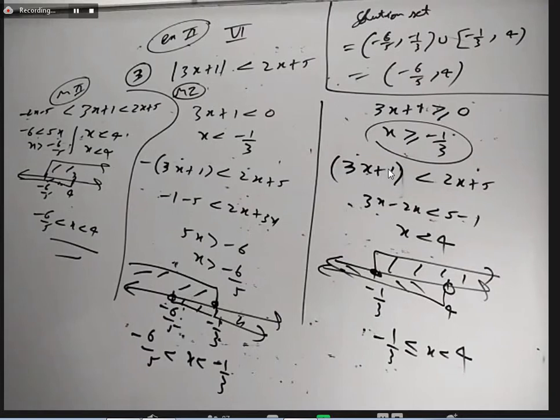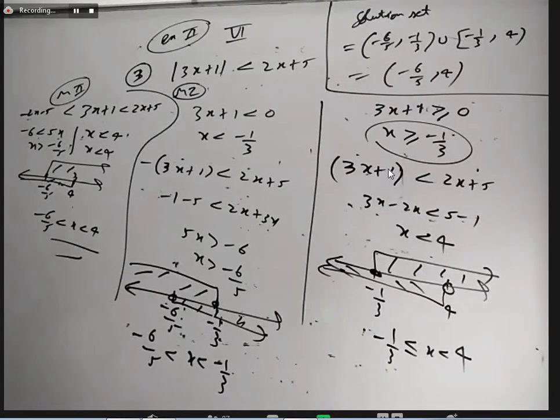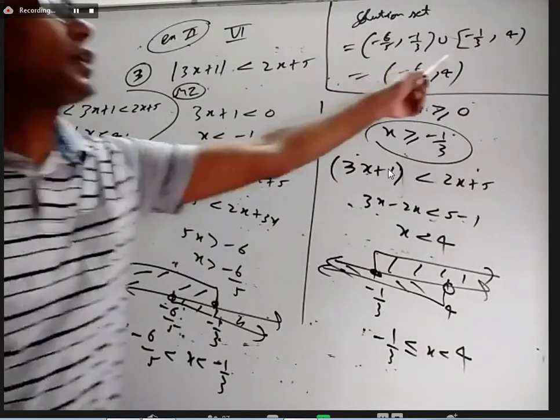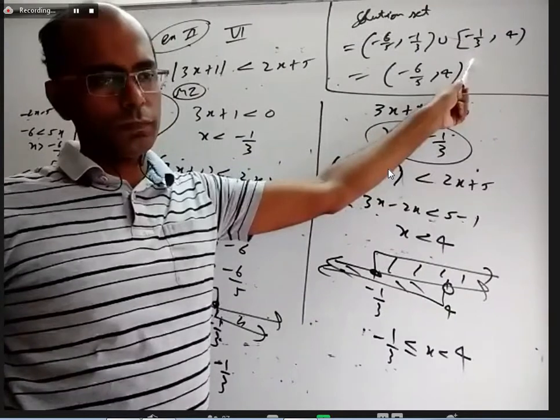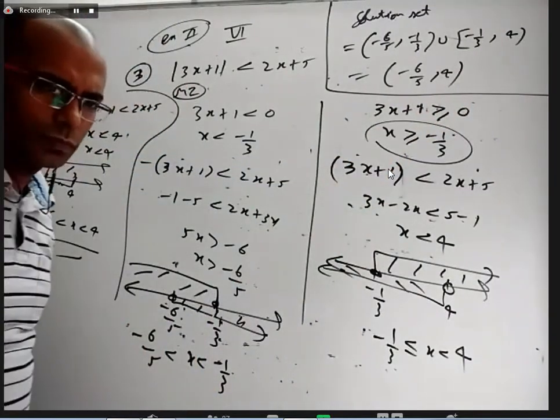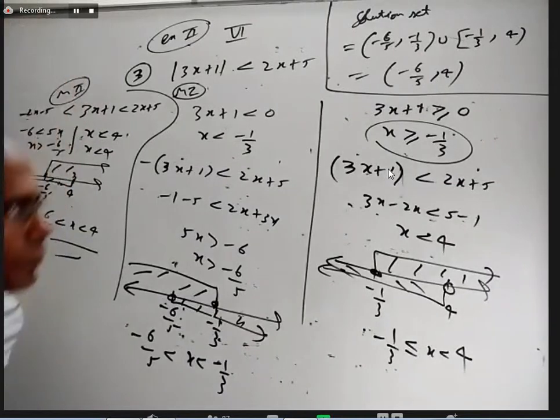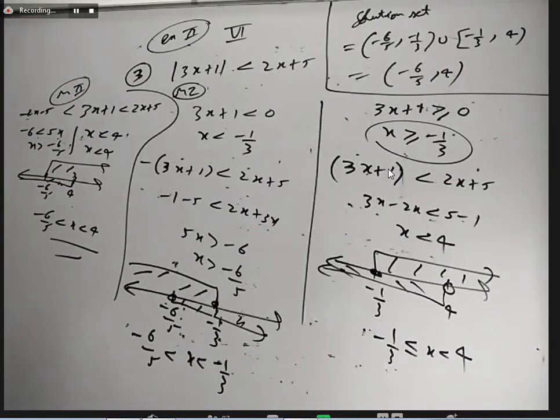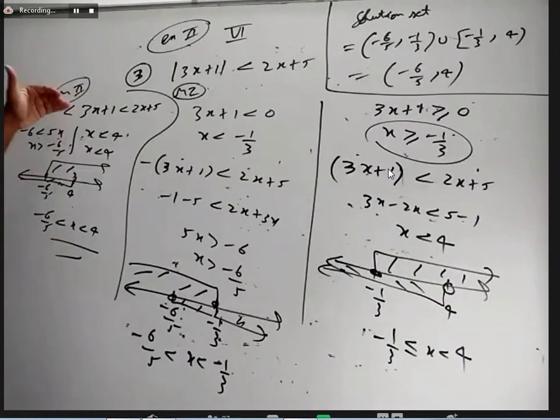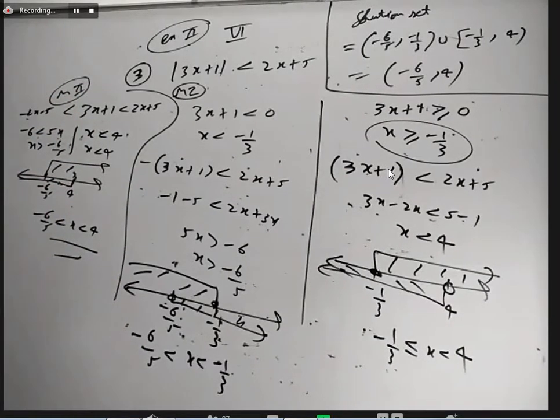Sir, in the solution set, you wrote minus 1 by 3 in the open interval, so we should not include that number. What about here, closed, right? So because of that, it is there. Is it okay? Yes. Okay, this whole thing is method 1. This is method 2, which is very simple. It just comes in 4-5 steps.